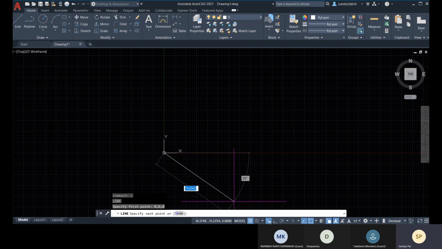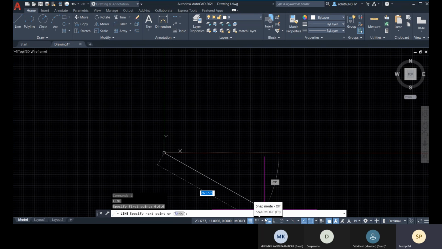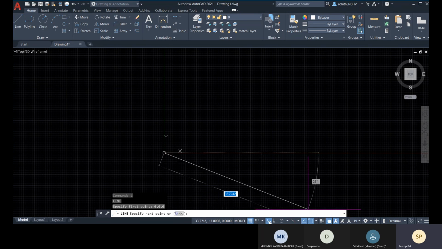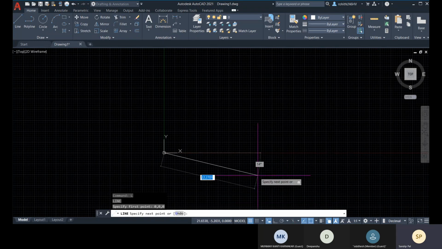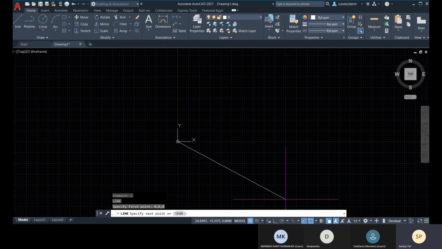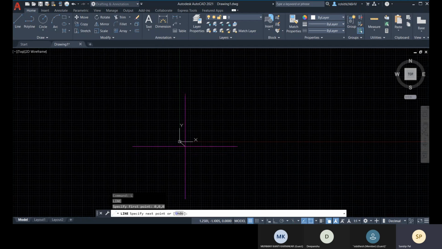Right now I have dynamic input on. The function key to turn dynamic input on and off is F12. You can control it either with this icon to turn off your dynamic input mode, or with the F12 function key. Right now, at the beginning, I'm deactivating this dynamic input mode, and my line has been started at the point.